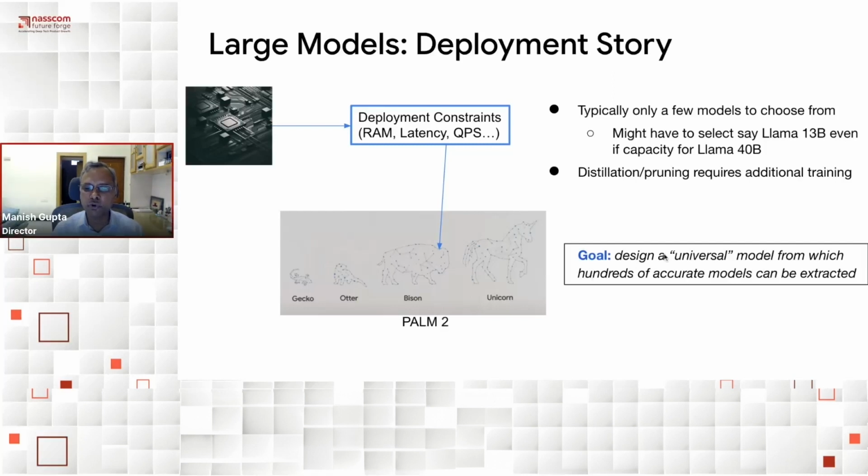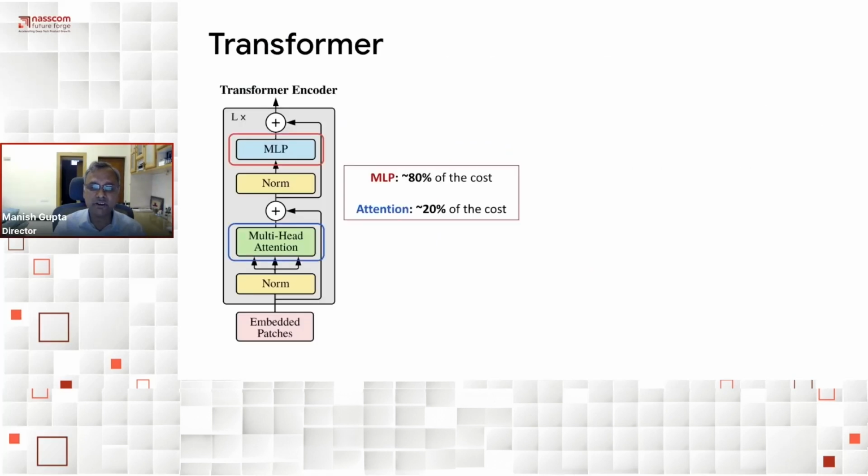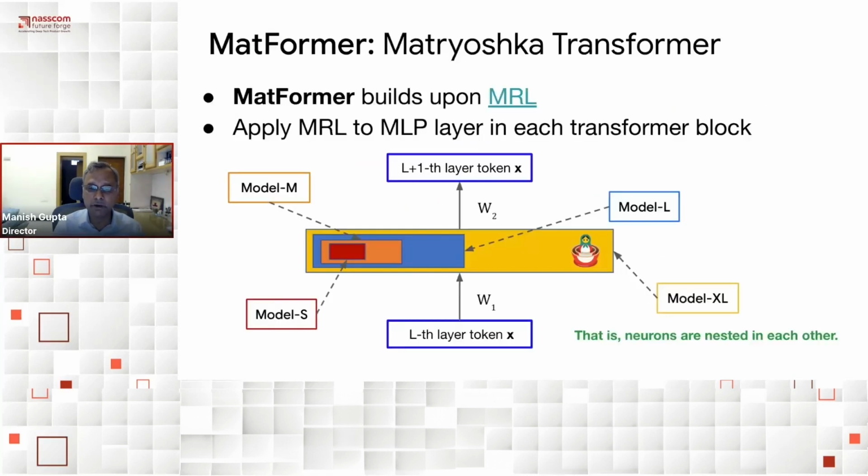So the question we asked was, could you design a universal model with hundreds of sizes, ranging from the largest model that you're training to much smaller models that you may want to run on device, or you may prefer certain intermediate sizes for better trade-off in terms of cost of serving and the power of these models? Which has led to this work on something called Matformer, which is building upon this idea of Matryoshka representation learning that our team